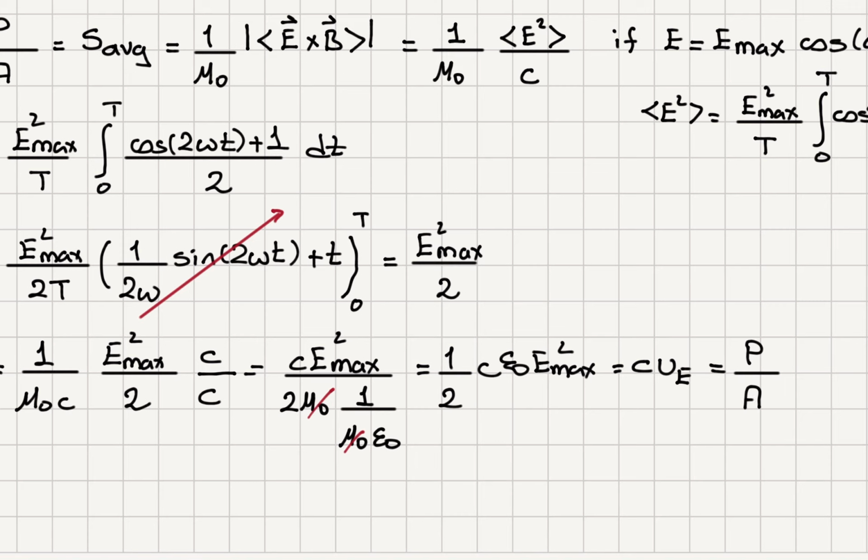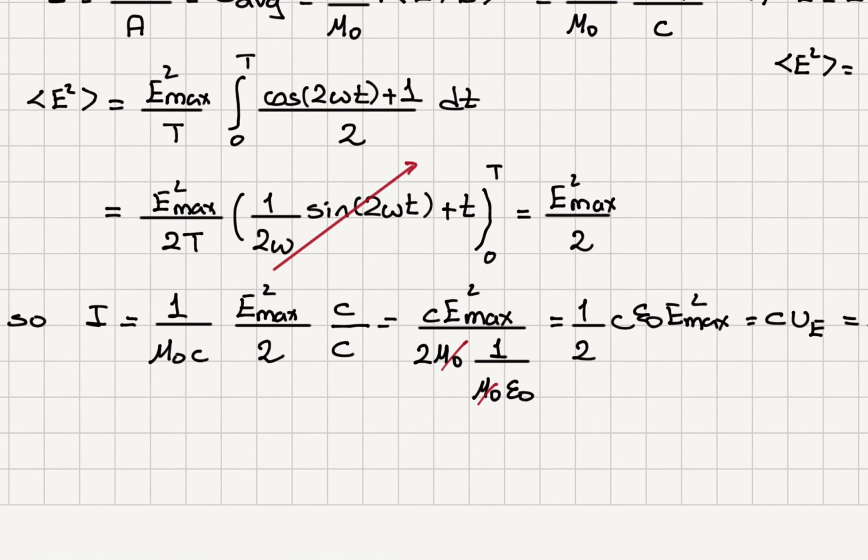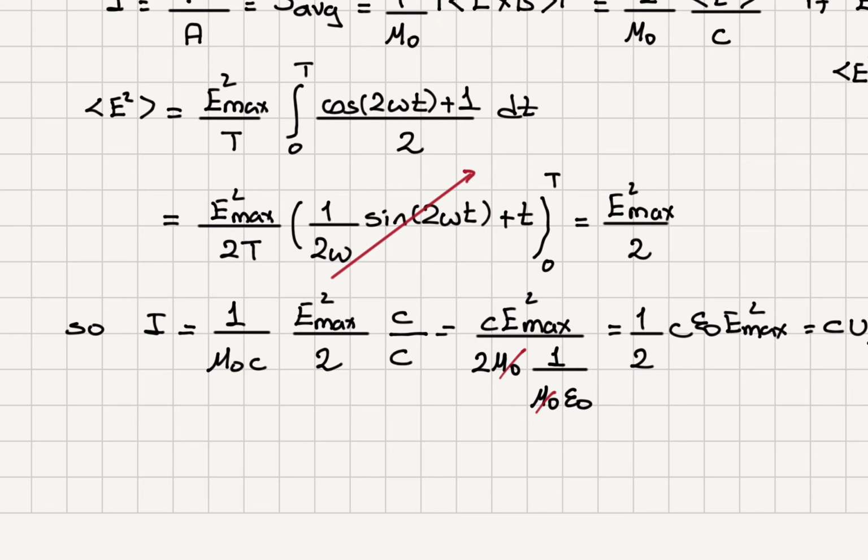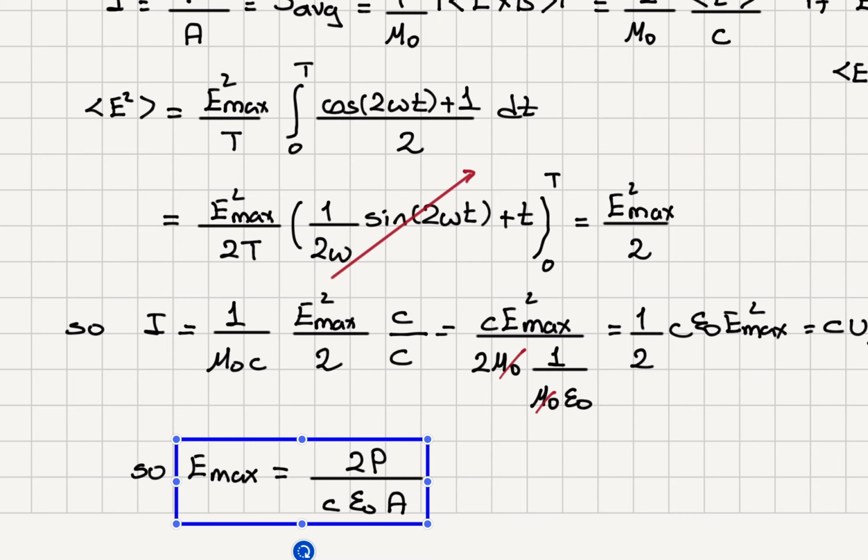Okay, so you can see that I can calculate the amplitude of the electric field component from this expression. E max squared is equal to 2P over c epsilon 0 A, or in other words, I can write the electric field magnitude E max to be the square root of 2P divided by c epsilon 0 times the given area. Now, if I plug in the numbers,